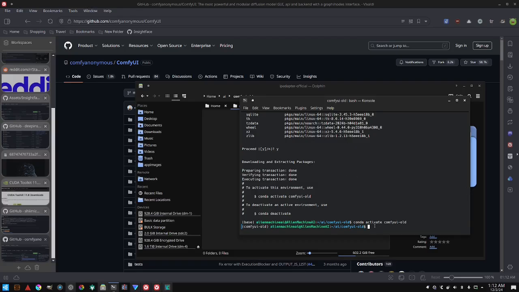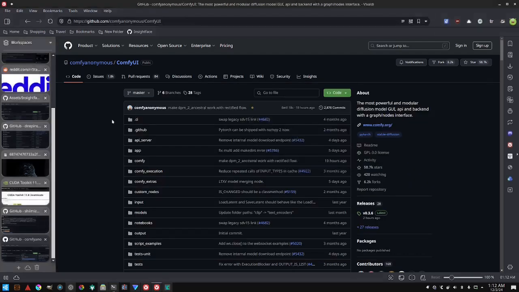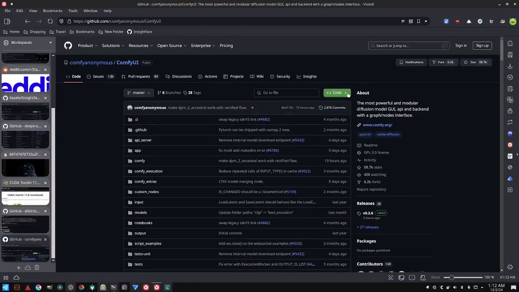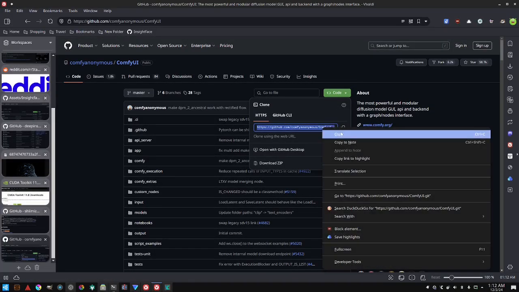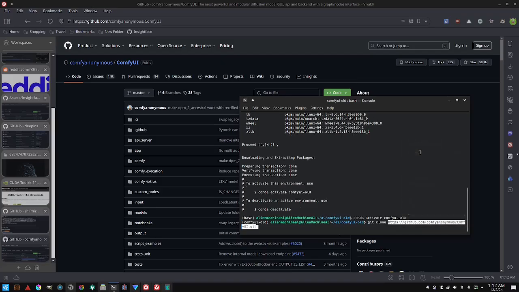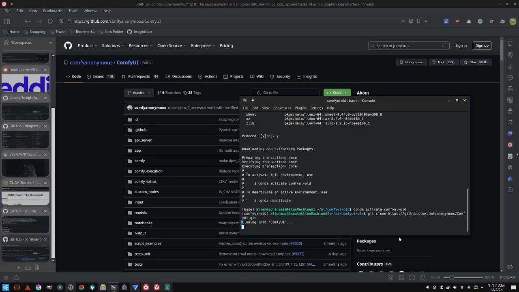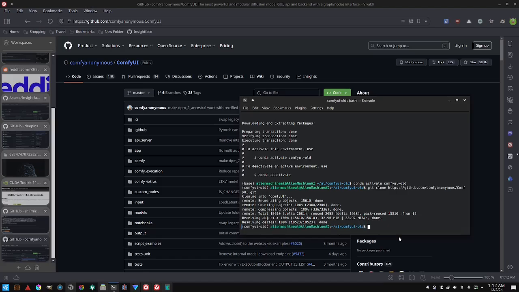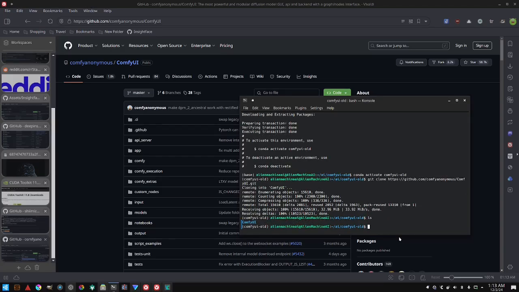From here, we want to clone the ComfyUI repository using git clone, and then the link from the repository for ComfyUI. So we need to get ComfyUI running,